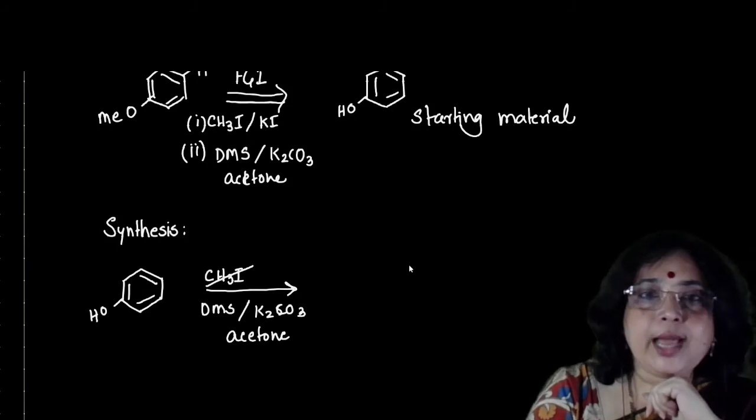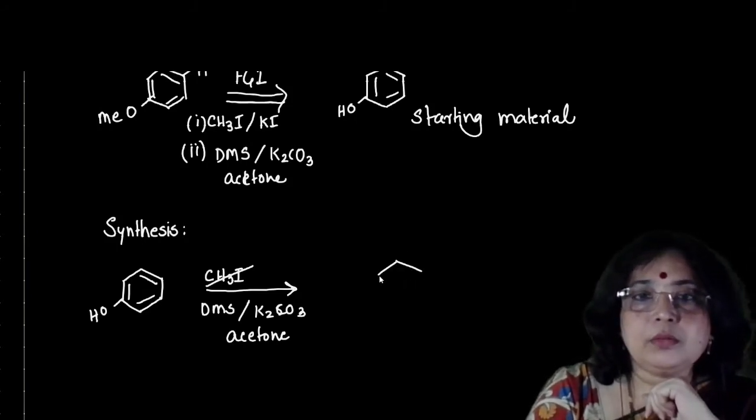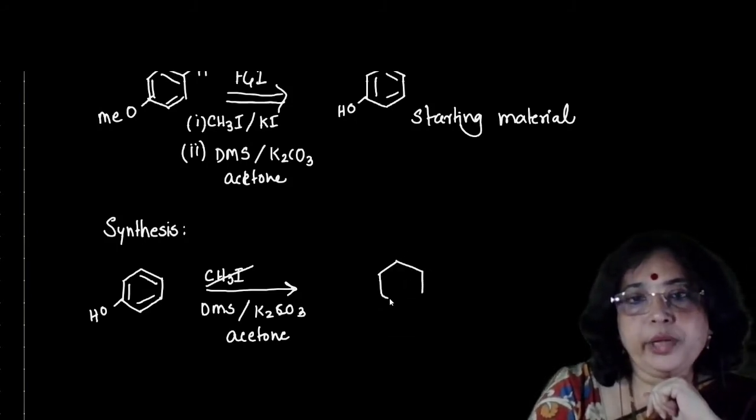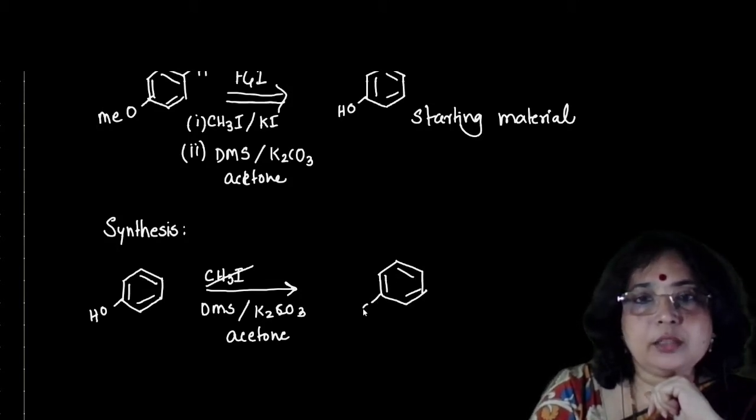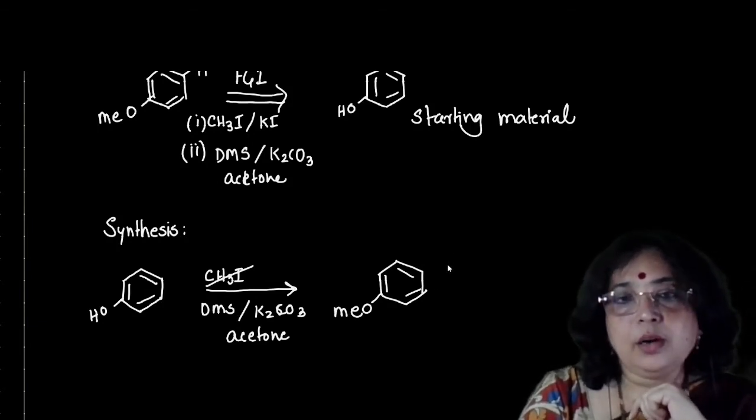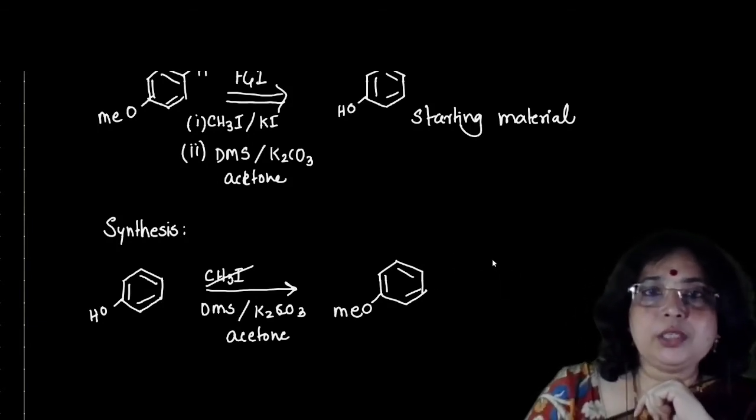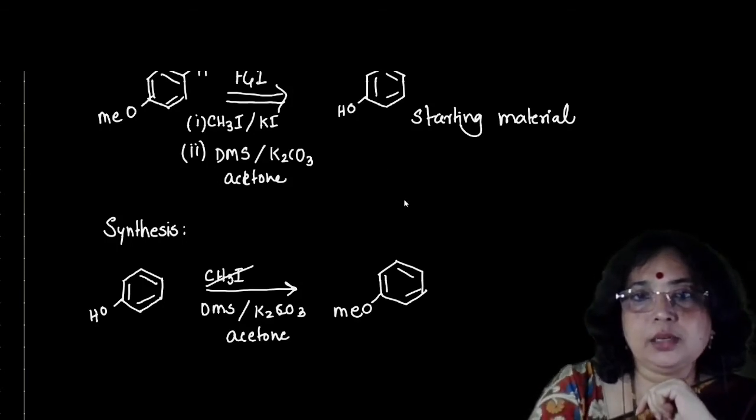You can see that this OH is now methylated, or you can see that the methyl group is introduced over here. All right. Then what is required over here is